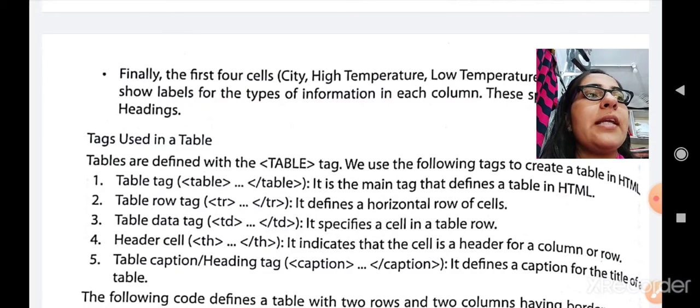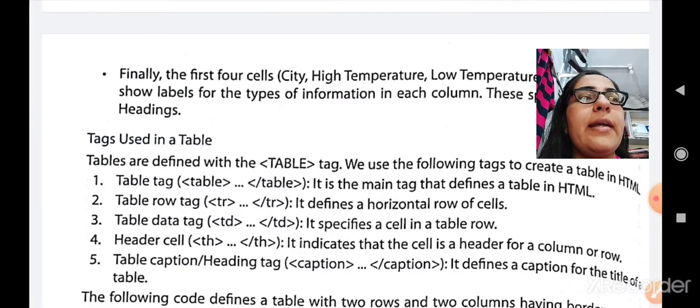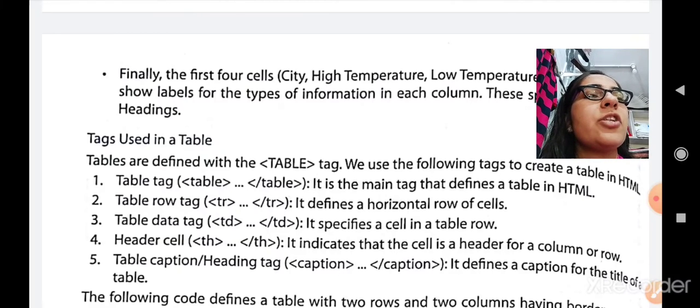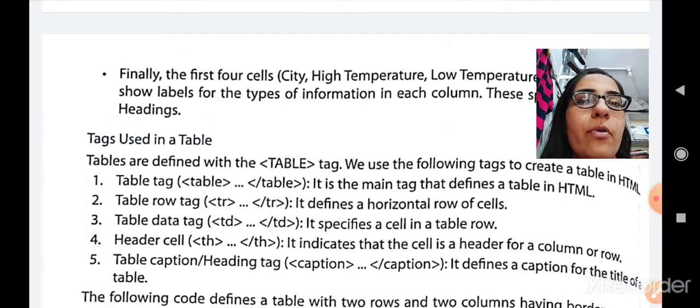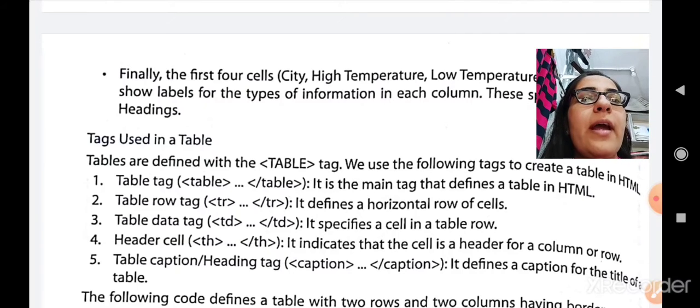We have already seen that high temperature, low temperature and city are all heading cells. So if you want to create a heading cell in your table, you can use th and /th tags. It indicates that the cell is a header for a column or a row. Then the table caption or heading tag. The tag is caption and /caption. It defines a caption for the title of the table.